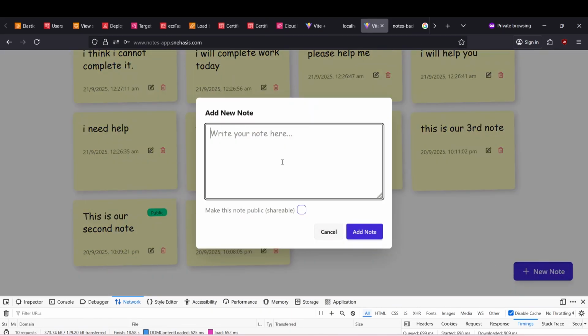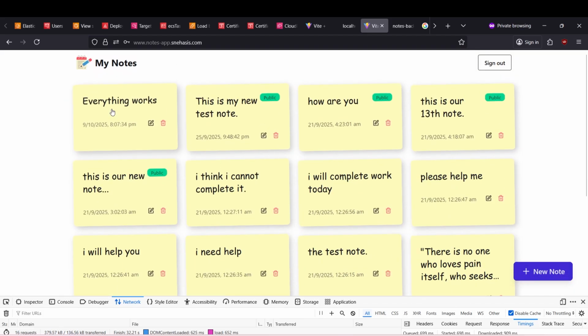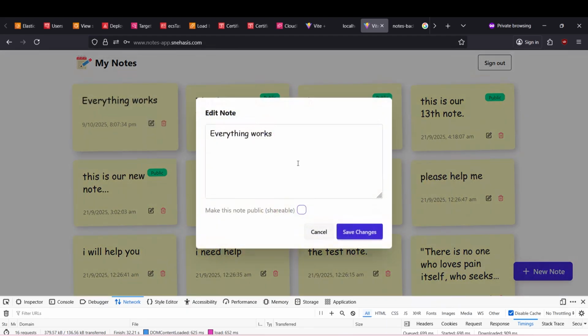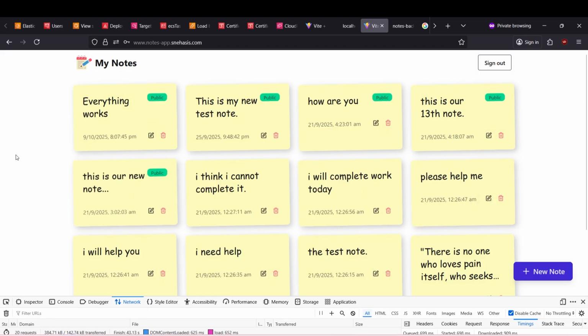Here we can create a new note and add it, and this note got added. We can view the note, or edit the note, and we can also make it publicly shareable like this. So I will not conclude the video here, but the very important part is that